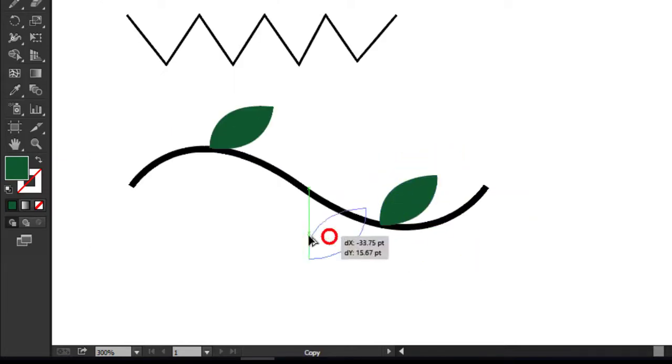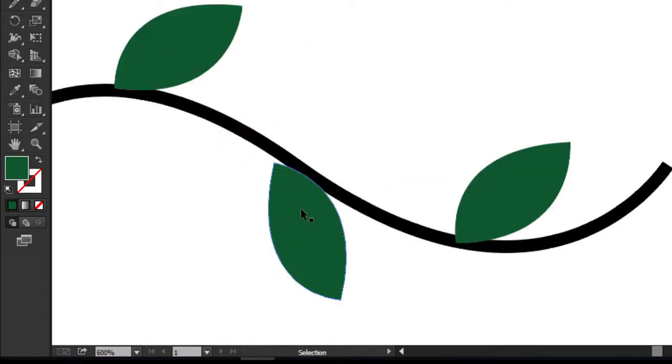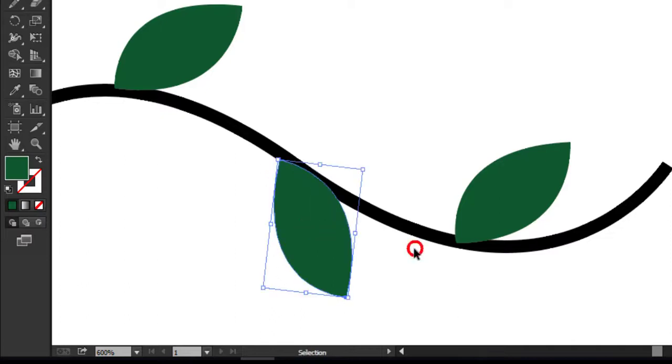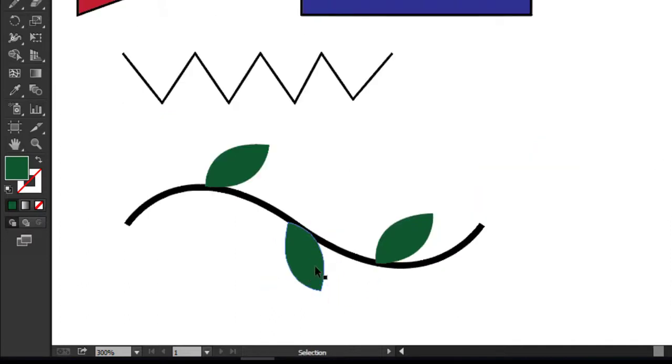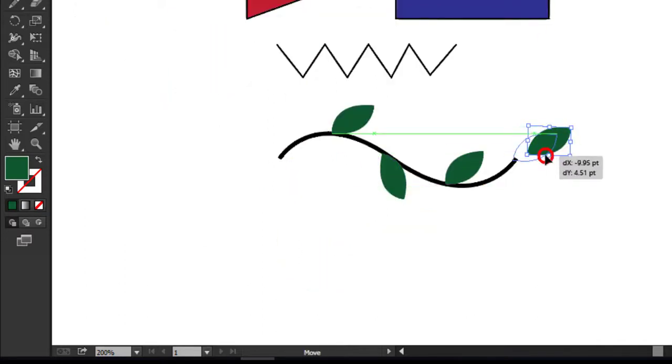Make a duplicate by holding the Alt key and dragging it. Adjust the leaf on the curve like this. Adjust the leaf as you want by making duplicates of it and resizing them.